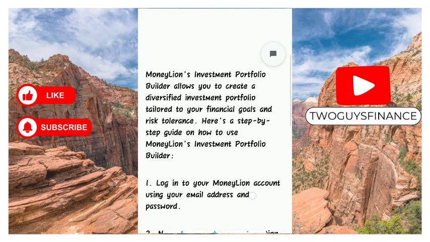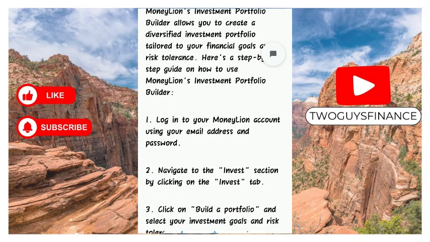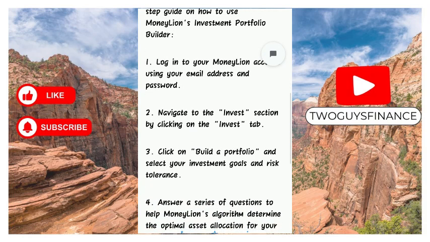So first thing you want to do is log into your Moneylion account using your email address and password, and then you want to navigate to the invest section by clicking on the invest tab. Next, you want to click on build a portfolio, and then you want to select your investment goals according to